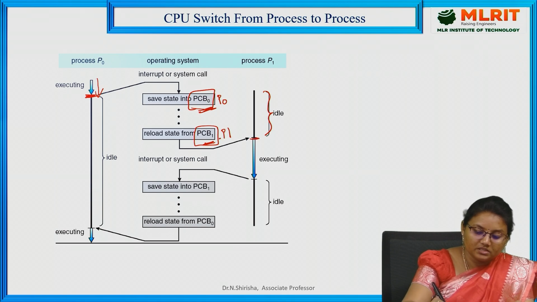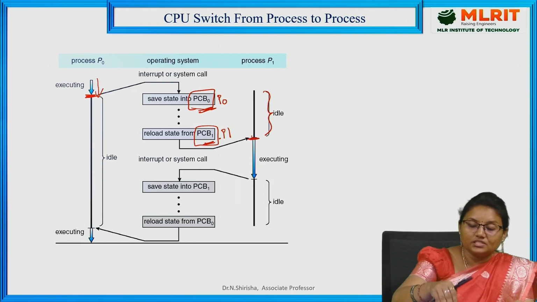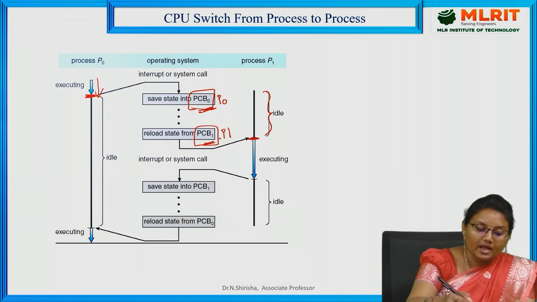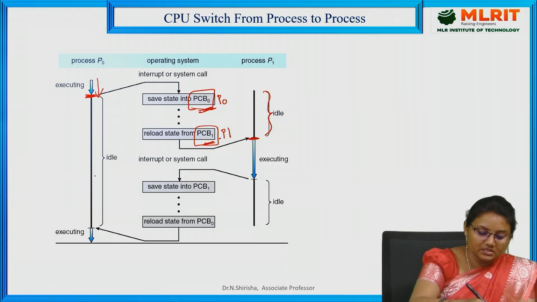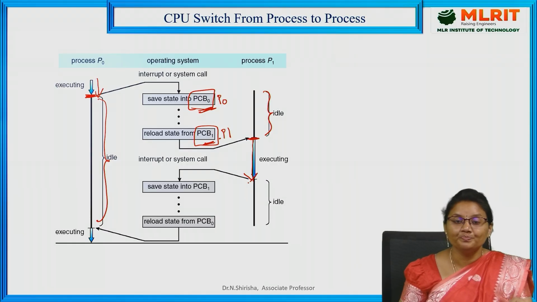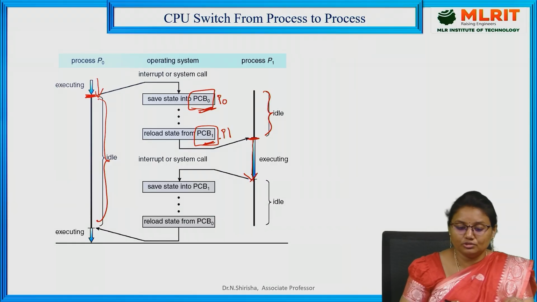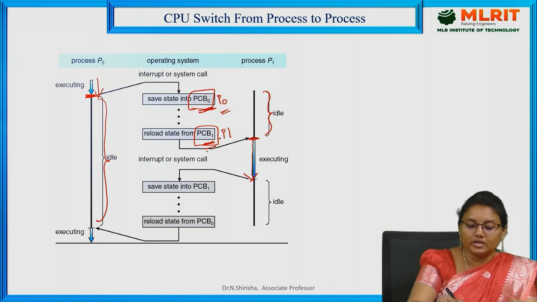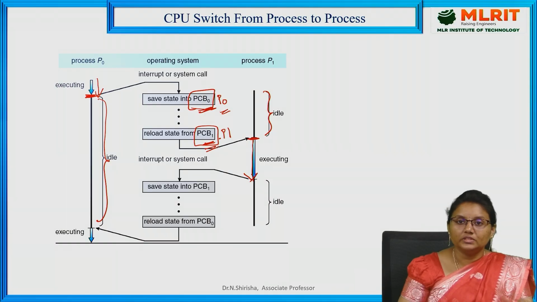So here the execution of PCB0 is getting started, and therefore it changes the state from idle to running state, and after running it terminates, and throughout it is idle. When it is idle, P1 is going into the execution. Now all the state information should be maintained in both PCB0 and PCB1 with respect to P0